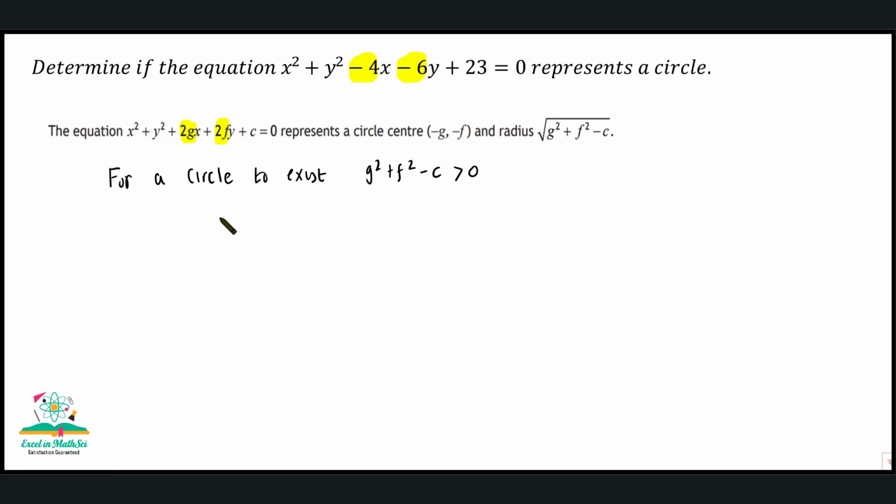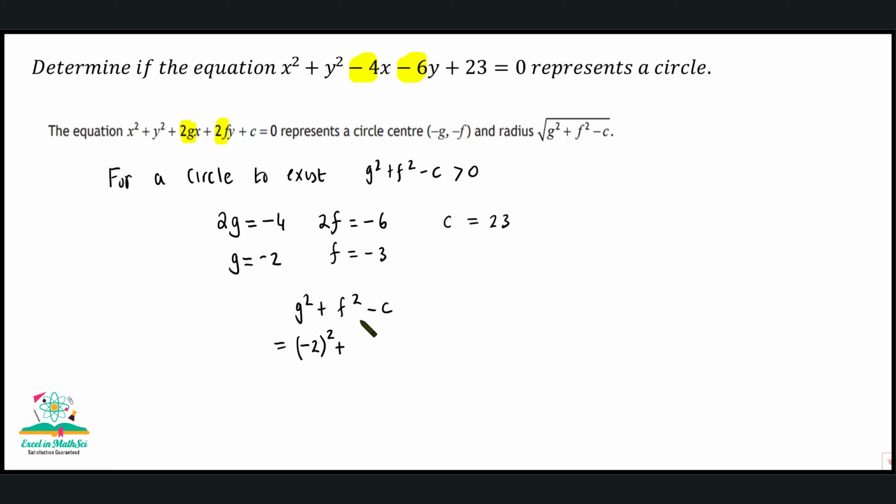So we can then say that 2g is equal to minus 4, so g is equal to minus 2. 2f is equal to minus 6, so f is minus 3. Now c is simply 23. Plug that in, so we've got g squared, that's minus 2 all squared, and then you get minus 3 all squared minus 23,